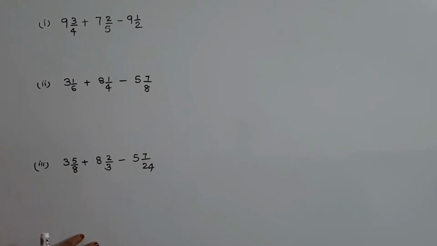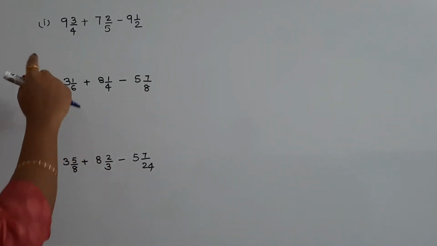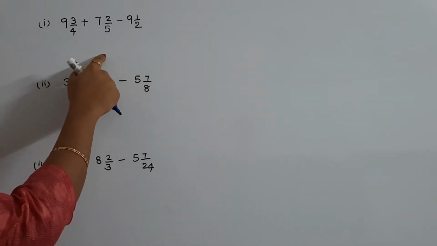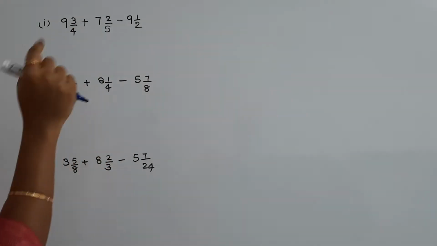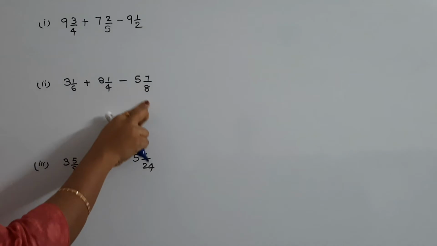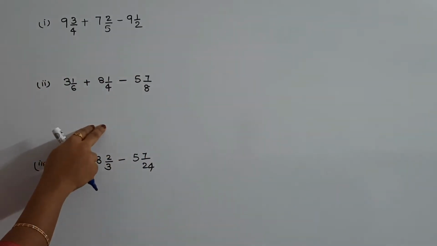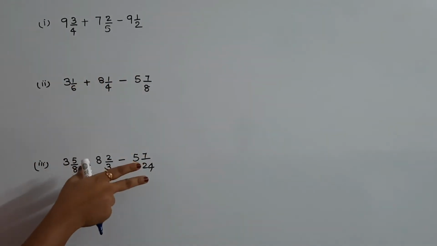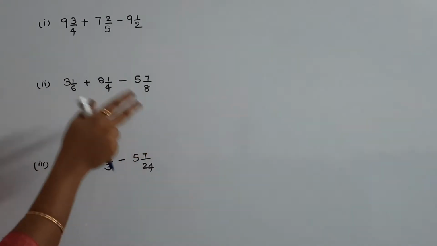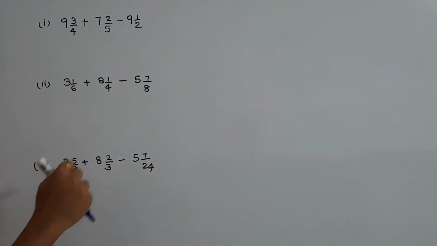Before going to the next problem of simple interest and compound interest, let us see how we can solve these mixed fractions by shortcut methods, because this will help you to solve some problems in simple interest and compound interest also. In the usual method, we first convert the mixed fraction to an improper fraction, then do the simplification. In shortcut methods, we are not doing any conversions. Let us see how we can solve it fast.